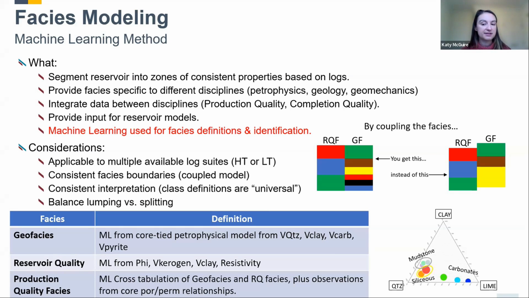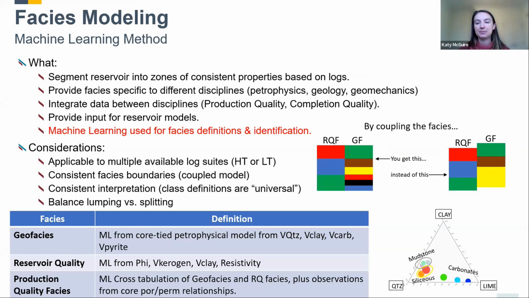An example of the three facies classes that we like to use: geofacies from core-tied petrophysical models with quartz, clay, carbonate, and pyrite. Reservoir quality facies might include porosity, kerogen, clay, and resistivity. And a production quality facies might be a cross-tabulation of the two, while pulling in maybe some reservoir engineering data